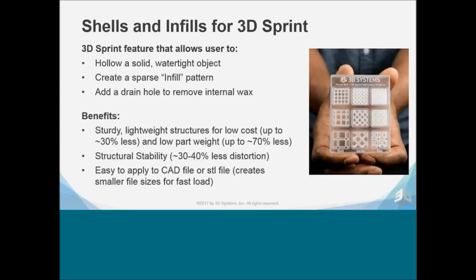And so the next thing I want to talk about is to shift gears away from materials a little bit. All of those materials, I hope you saw in the specifications and in the videos, really elevate our game for functional prototyping. What we're also introducing is something called shells and infill. Corbett talked briefly about 3D Sprint, our world-class front-end software. We've added a feature into 3D Sprint called shells and infill, which allows a user to take a solid part and hollow it. So with a push of a couple of buttons, you can hollow that part and create that sparse infill wax pattern. And what that allows you to do is make a dramatic reduction in the cost of the